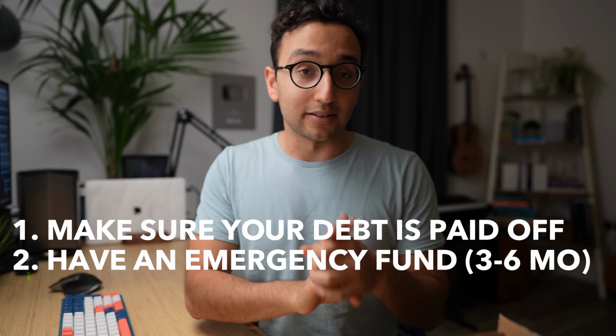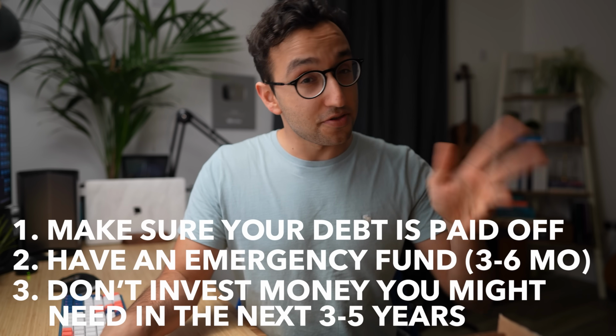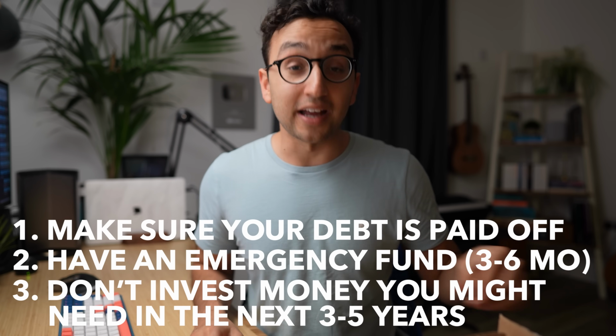And caveat number 3 is that you don't want to put any money into stocks that you think you might need to use in the next 3 to 5 years. So let's say you're 24 and you've just landed your first job and you're thinking of getting a mortgage and buying a house and you need money for the deposit. Do not put that money into the S&P 500 or into any kind of stocks and shares,